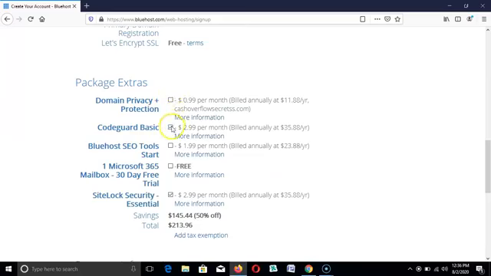You really don't need that now. If you need it in the future, you can activate it at any time. So uncheck all these other extra services that we don't require at this moment,